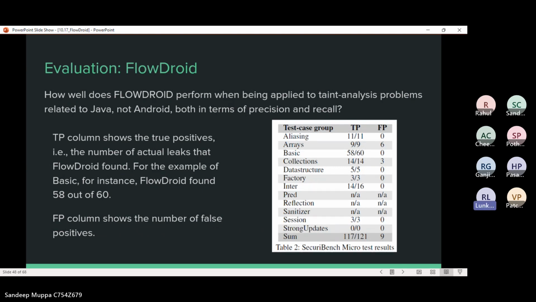So regarding the first question of the research questionnaire, if you see the image pasted here, there's a column called TP. This column shows the true positives, which means the actual leaks that this tool found. And the FP column shows the false positives, which is relatively low. This is how FlowDroid is really beneficial when compared, because when we see the false positives, the number is really low. Next slide.